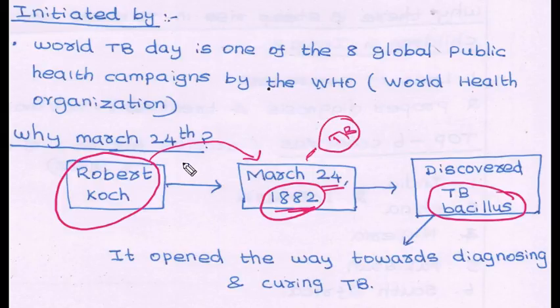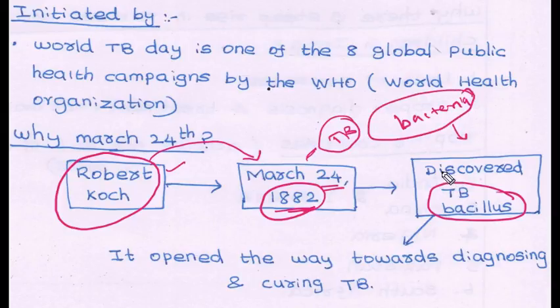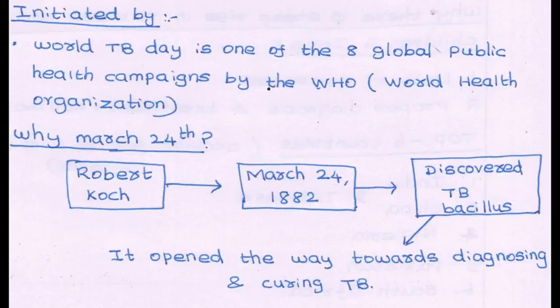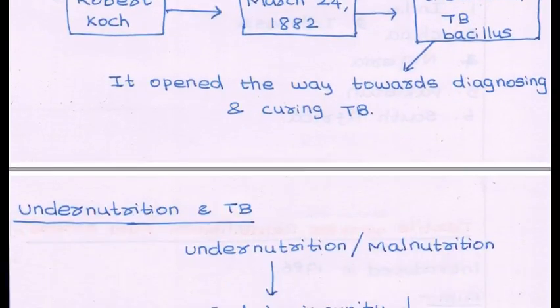So at that time, Robert Koch did amazing work by discovering that it was caused by bacteria, and he separated the bacteria and said it is Mycobacterium tuberculosis which causes tuberculosis. After the discovery, the entire scientific machinery focused on developing drugs for tuberculosis, which resulted in the discovery of so many drugs